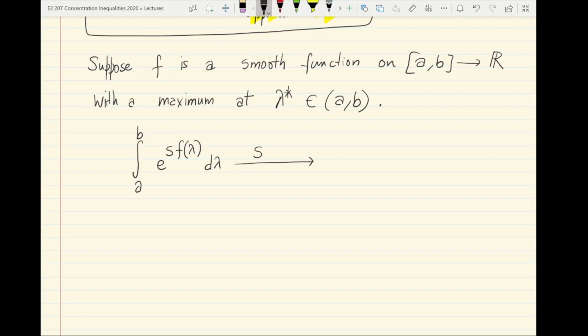As s becomes larger and larger, one can argue that this essentially tends to e raised to s times the value at its maximum point, times the square root of 2π by s, times some constant, where this constant depends essentially on the smoothness of the function f